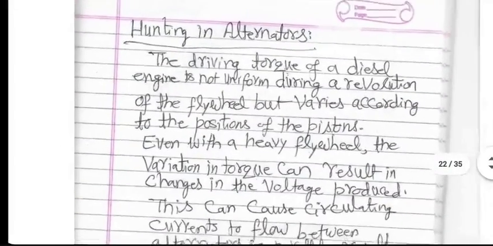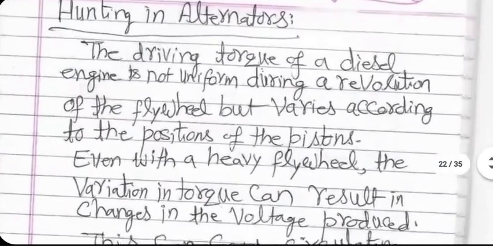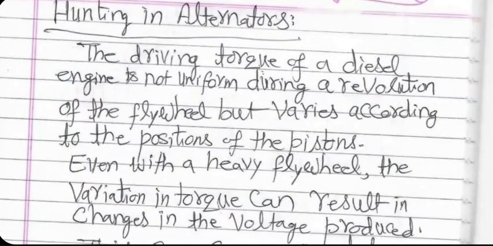Hunting is another practical problem in alternators, even in motors, I suppose, but let's look at alternators. The driving torque of the diesel engine or any prime mover is not constant, unfortunately. So RPM is not always a constant value. Like it or not, that is the reality. We try our best to keep RPM as constant as possible by using mechanical gadgets like flywheel. But even then, you may not get 100% constant N.